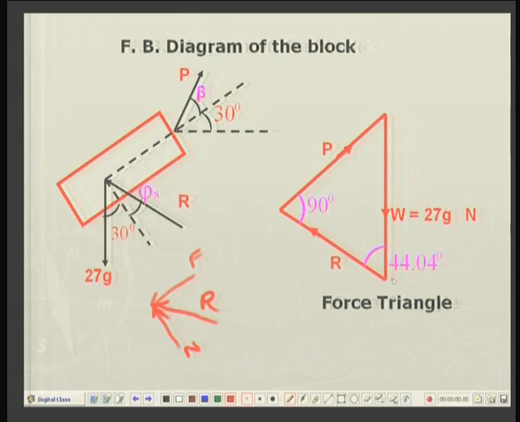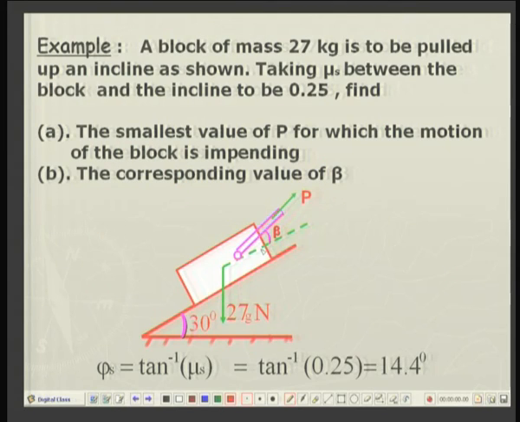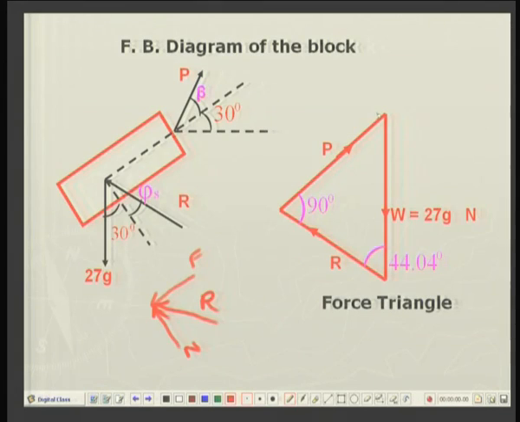So, completing the triangle law, we will have the vertical force W and the normal reaction R, and the problem asks for the smallest value of P which will cause the impending motion. From this point, what will be the shortest distance? Thinking geometrically, there are two vectors W and R, and from this point what will be the shortest distance, so that this corresponds to the minimum force.